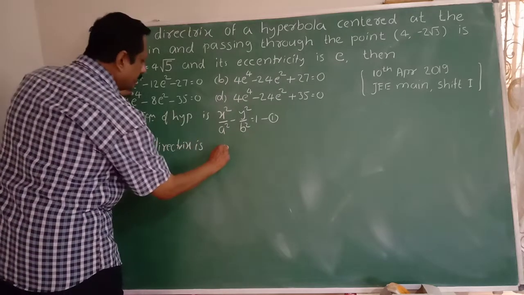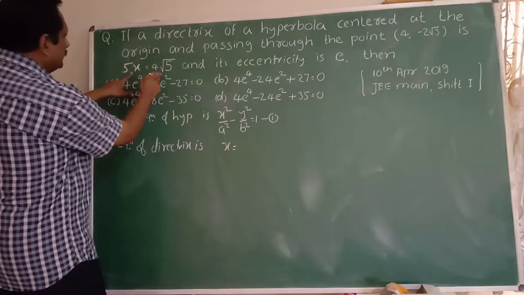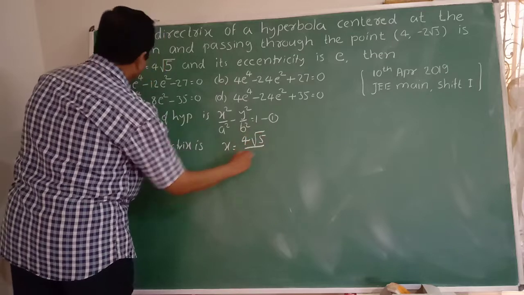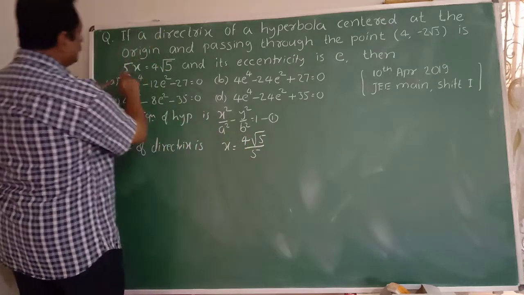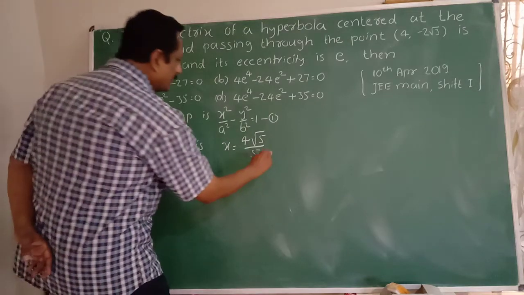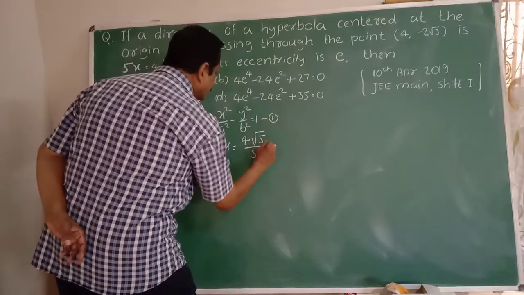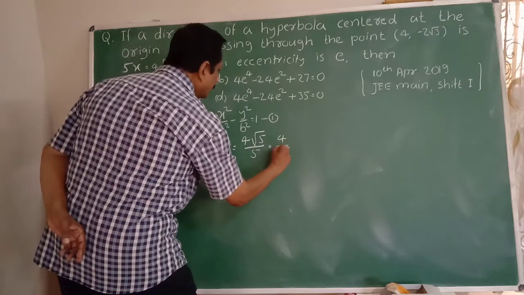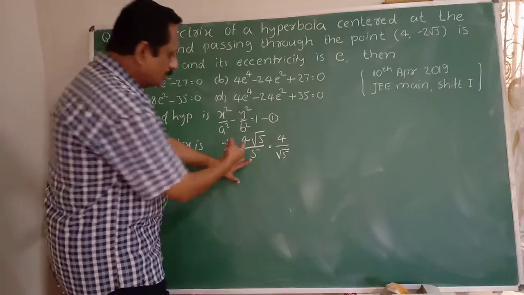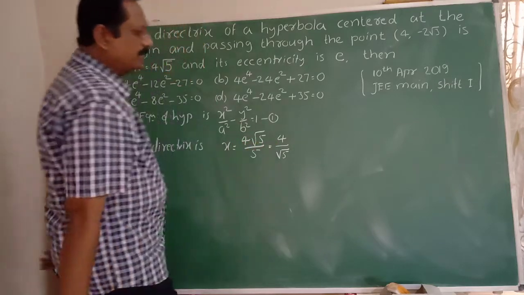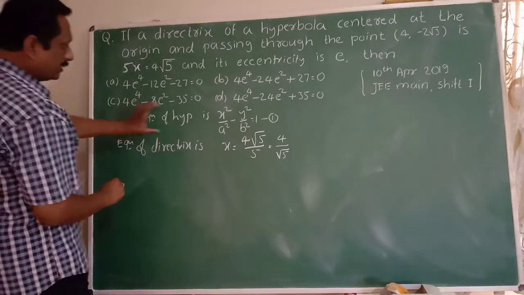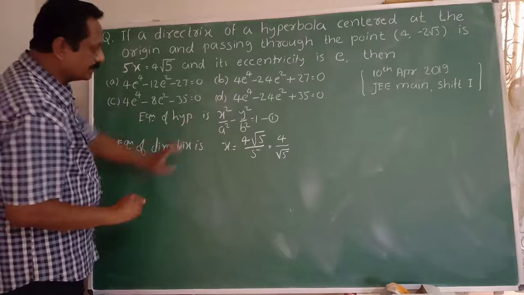Equation of directrix is x equal to, take 5 this side here, so I can write here 4√5 divided by 5. Okay, just take 5 this side, we get x equal to 4√5 by 5, or you can write this as 4 divided by √5, since √5 squared, √5 cancels, remaining 4 divided by √5 here. But according to the formula, equation of the directrix is,